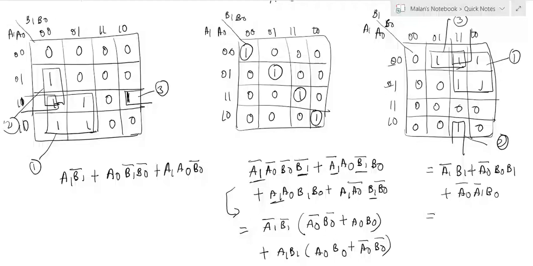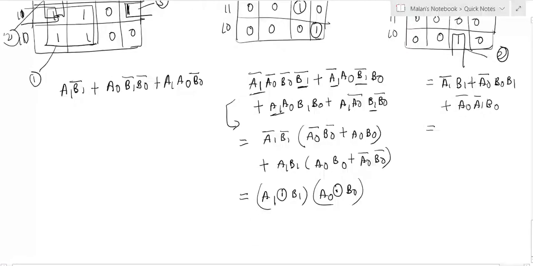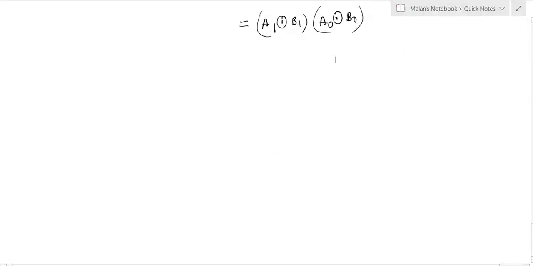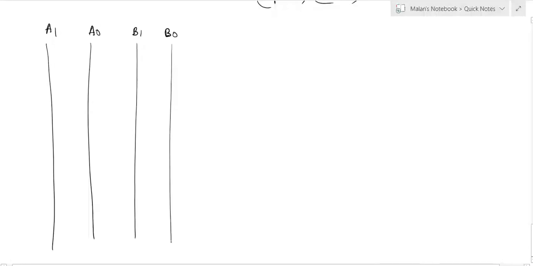Now realize the expressions by using the logic circuit. Now we can take the common inputs. Common inputs are B0, B1, A0, A1. We need the negations also, so we'll take the inverters. The common inputs are A0, A1, B1, B0. NOT gates will be used to take the inversion.